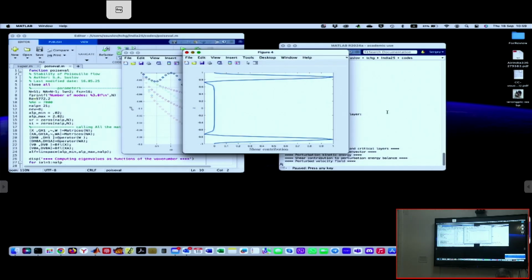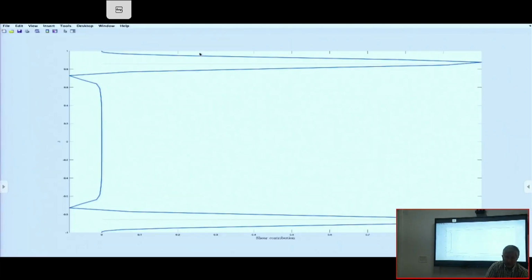And that's what happens. This is the measure of energy exchange between the base flow and perturbations. How it is computed is explained in my handwritten notes. I would like to skip that discussion, because there is a lot of algebra there. But the bottom line is, it is possible to determine the energy exchange rate between the base flow and